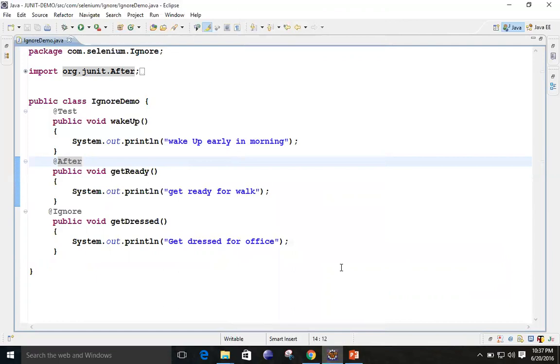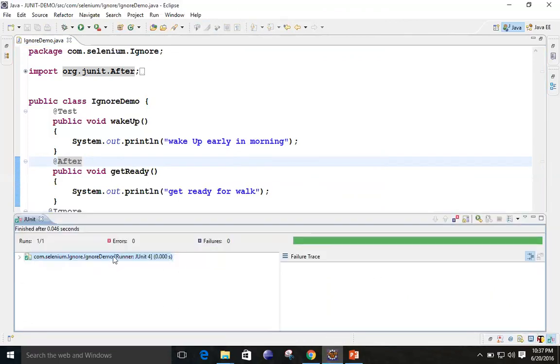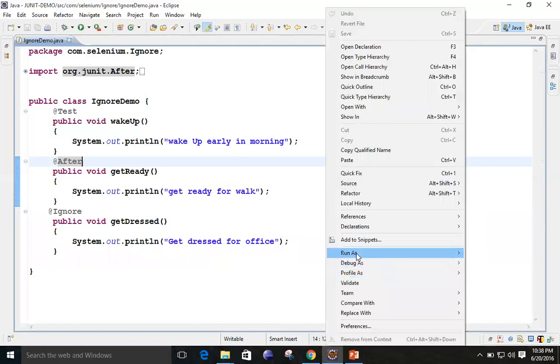See, whatever you are seeing over here, you can see why we don't use JUnit most of the time. We have another tool known as TestNG, that you can see over here. Whenever you are running this code, you will get 2 options: run as JUnit or TestNG.